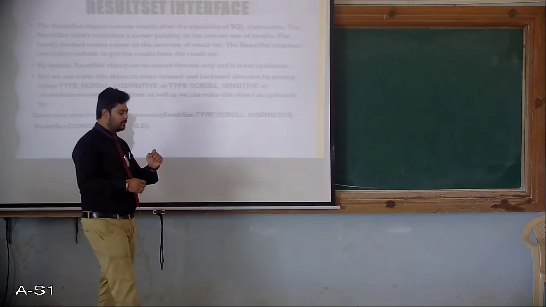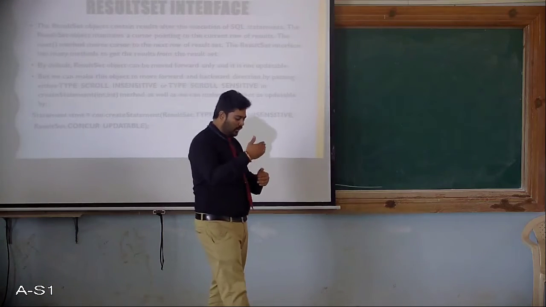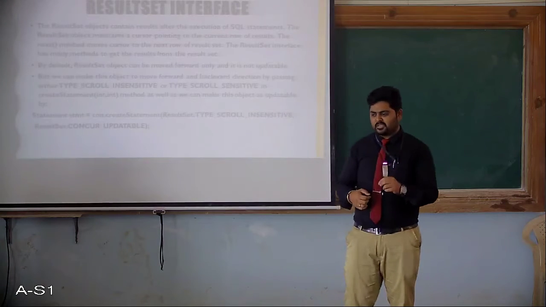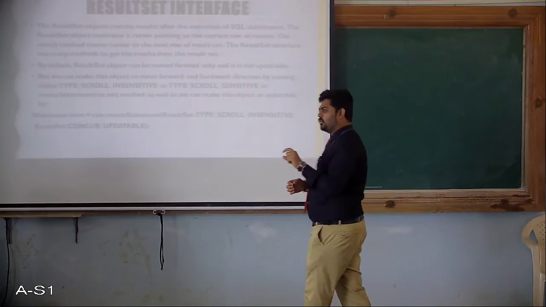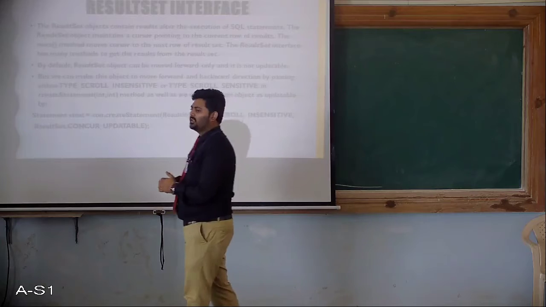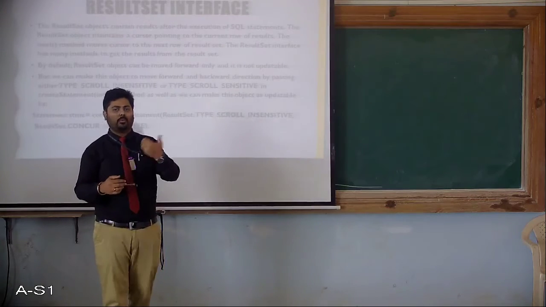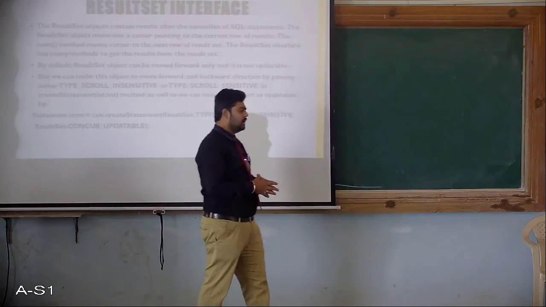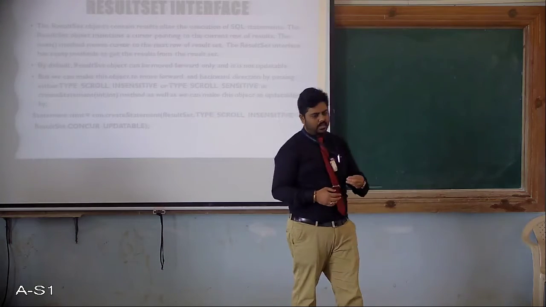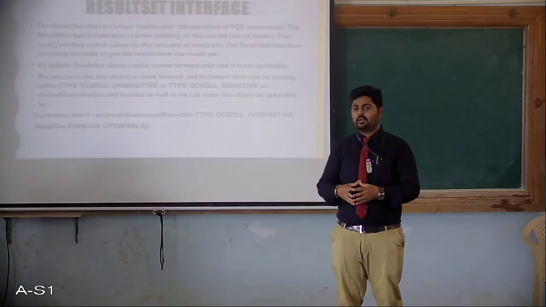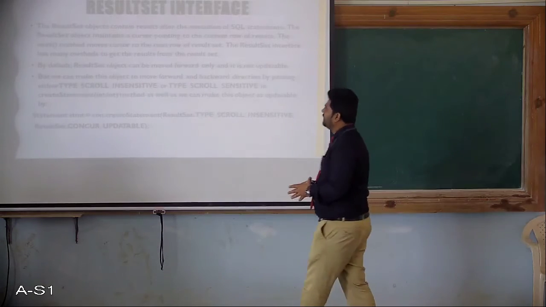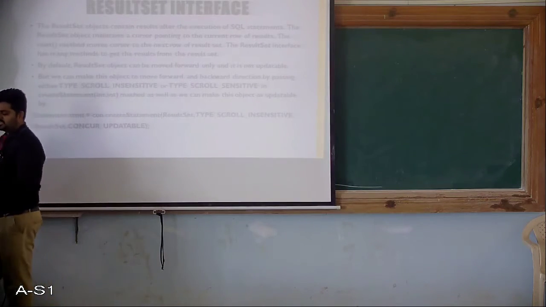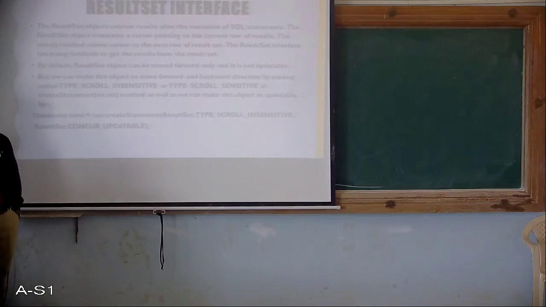There are some applications where all the data or rows from your ResultSet need to be accessed one by one, and there are some specifications where we want to access only a specified column or row from your ResultSet. You may want to move forward or backward in that table. How you want to access the results from that ResultSet table is handled by the methods provided by your ResultSet interface. So this is the brief about your ResultSet and how it works in JDBC.